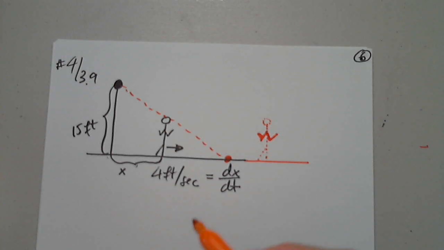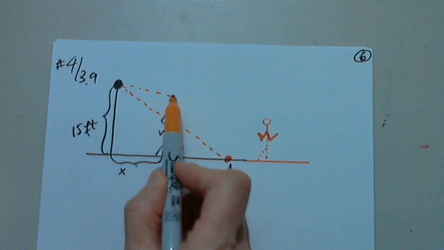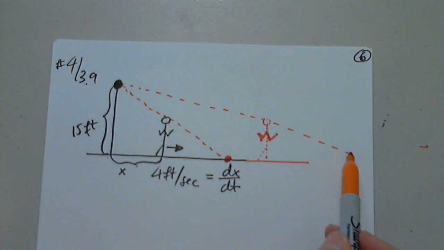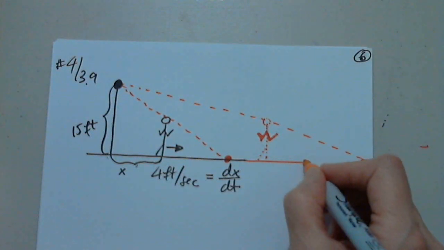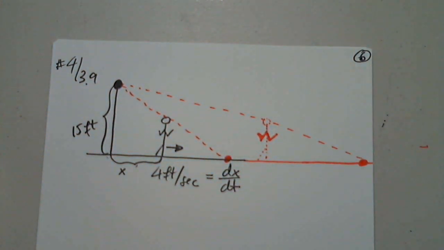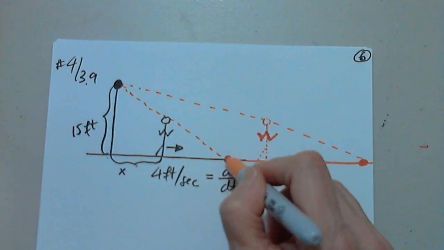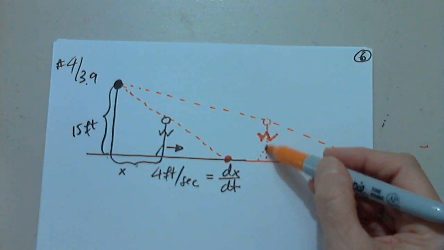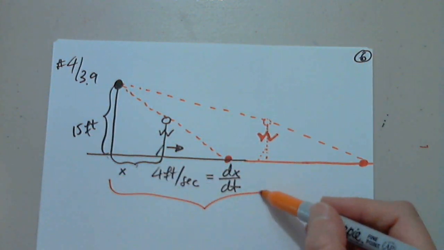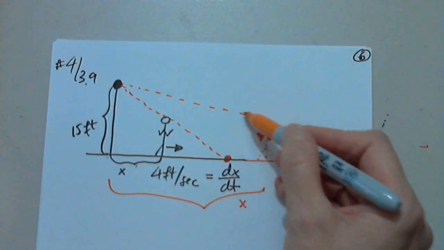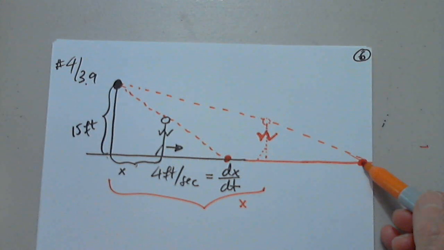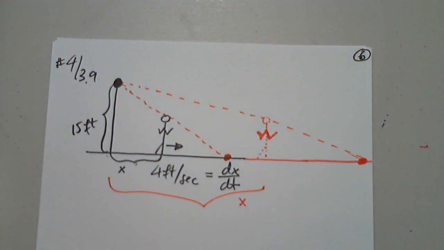Okay. So here's what happens. So when he's here, the tip of his shadow is here. When he is at this position, so this is x now, the tip of the shadow is here. So we are asked to find,